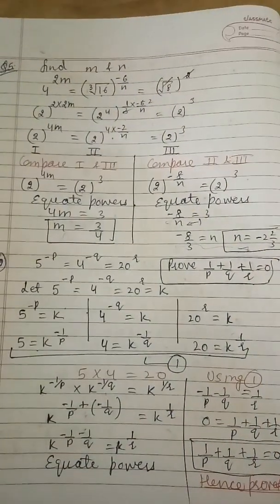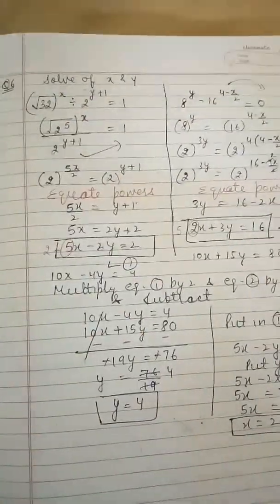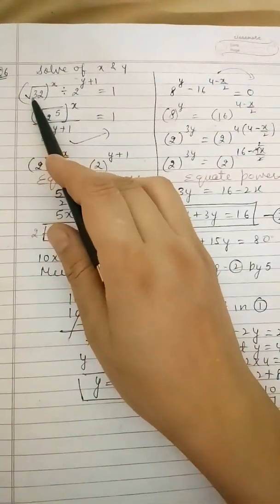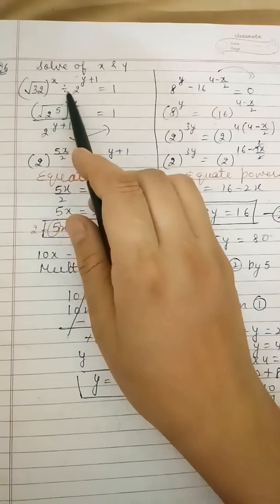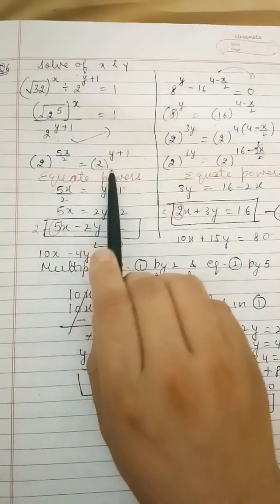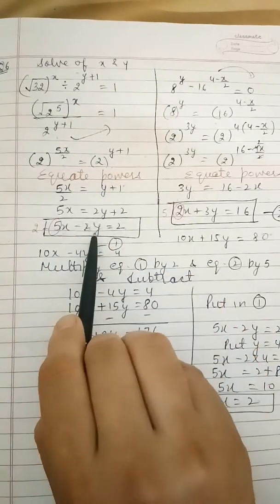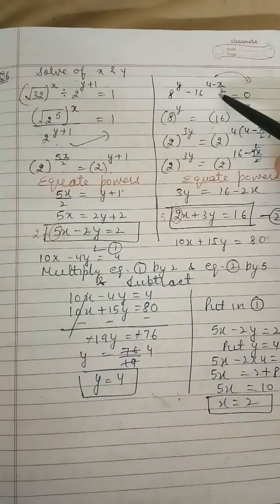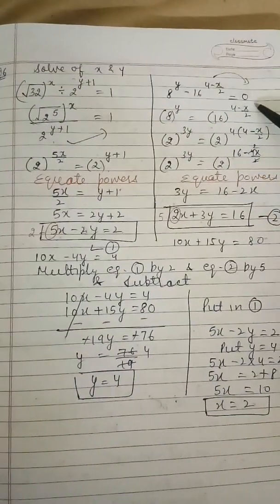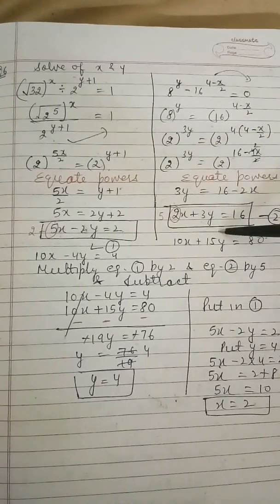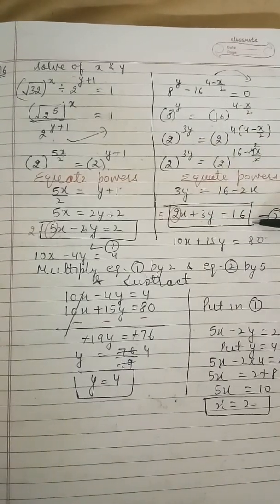Then come to question number 6. So here the sixth question. This is also an important question. Solve for x and y. So here 32 root 32 raised to power x, just divide it, and then you can shift it to the right side, and then we can equate the powers and we will get a linear equation in x and y. Similarly on the right hand side also, 16 you can shift there, convert both in the power of 2. After converting them we will get 2x plus 3y equals 16.